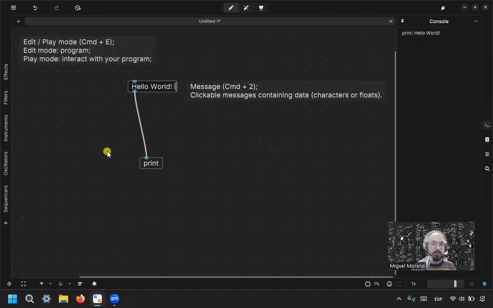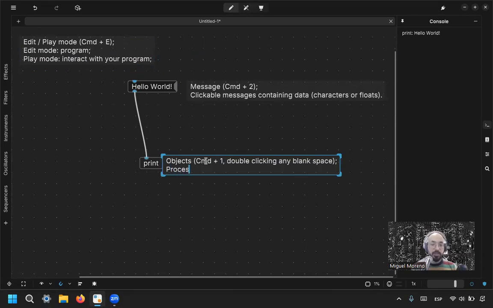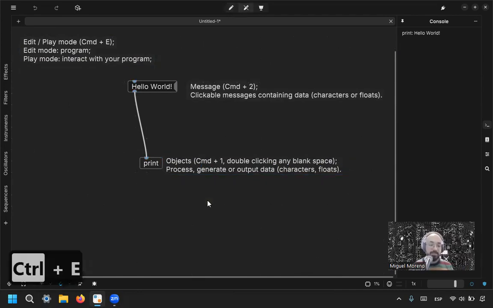Okay, cool. And then we have objects right here. That's Command 1, or double clicking any blank space. Okay, and objects process, generate, or output data. Again, in this case, control data can be anything from characters, symbols, or floats, which are, again, numbers. Cool. Which leads us to the next